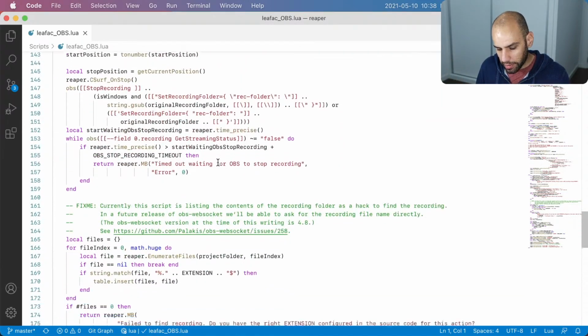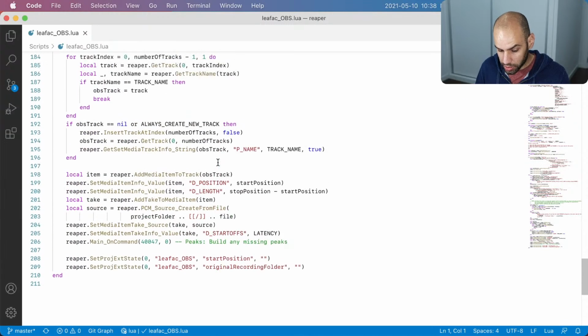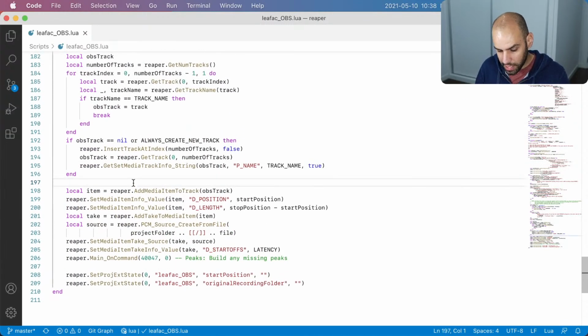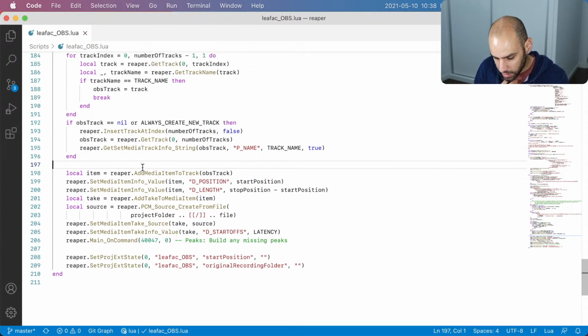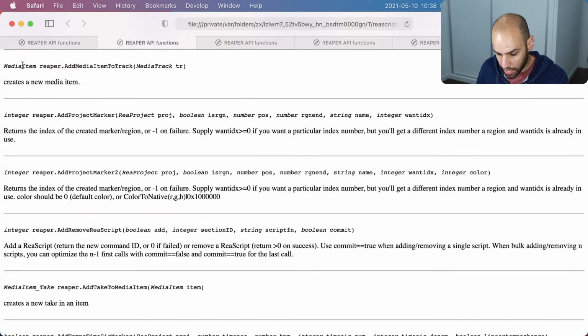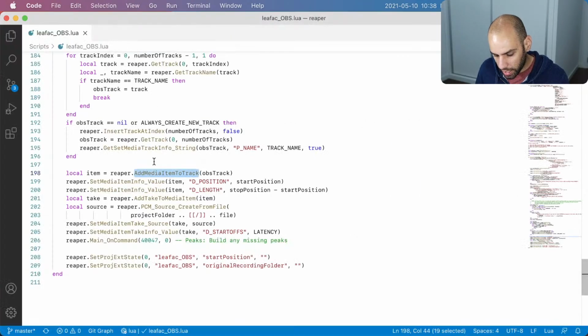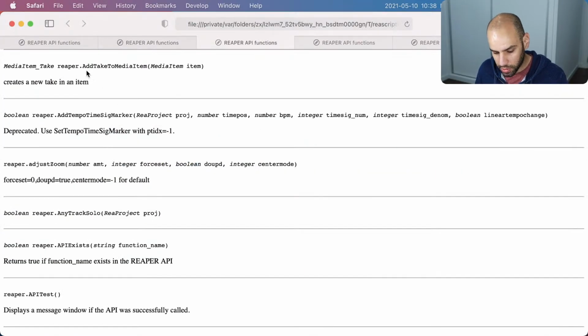And in this script, I am sure that I need to add a media item with the video recorded in OBS. I need to add that to Reaper. So I already have written some code here that does that. So let's see how this works. It uses the add media item to track, which we have found here. And then it does some of the set media item info value. We found the one for